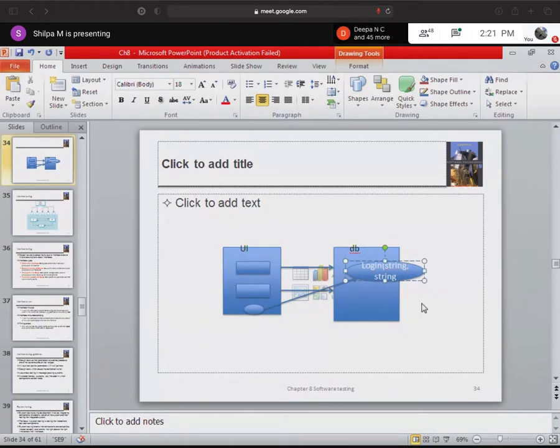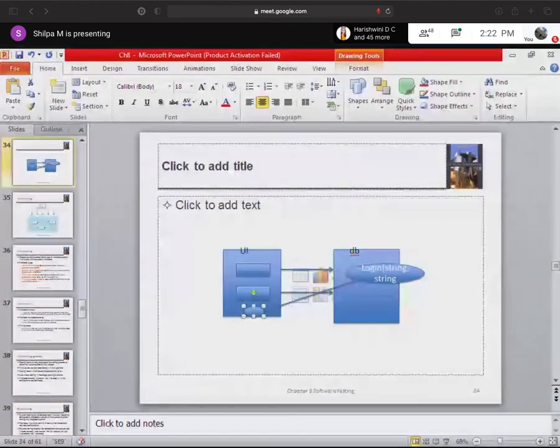So in component testing, what we are trying to check is whether, when I click this button, it will call the proper method. If it calls the proper method login, then yes, it is a proper interface between this module and this one. Next, there may be a problem: when I click login, I'm passing the username and password data. Suppose it is different from what is being accepted there. Suppose I'm passing an integer value for password, rather than a string, but here it is taking a string value. Will it work? No, right?